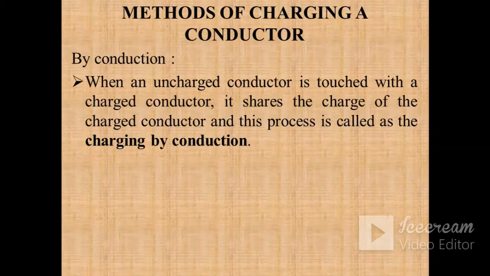As we all know, a conductor is a material which allows the electric current to pass through it. There are two types of methods which we use to charge any conductor. First is conduction. Like we have studied in the chapter heat transfer, conduction was the process where heat transfer takes place when the two substances are in actual contact with each other.